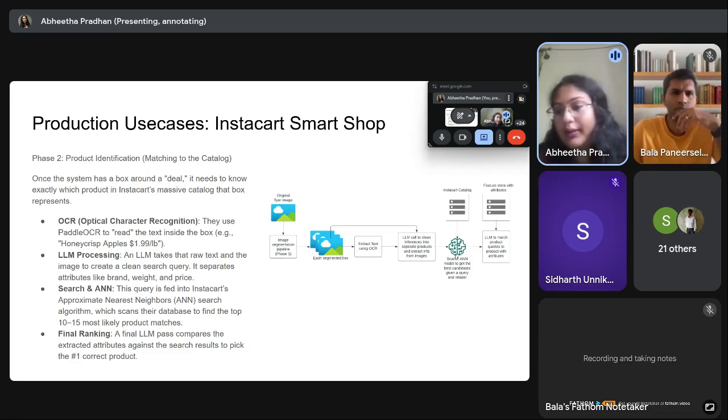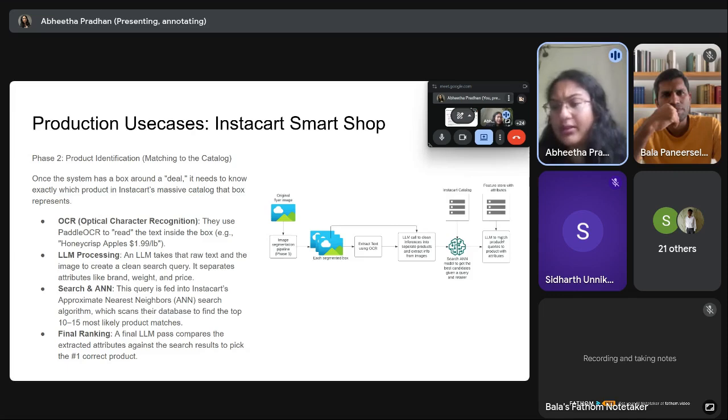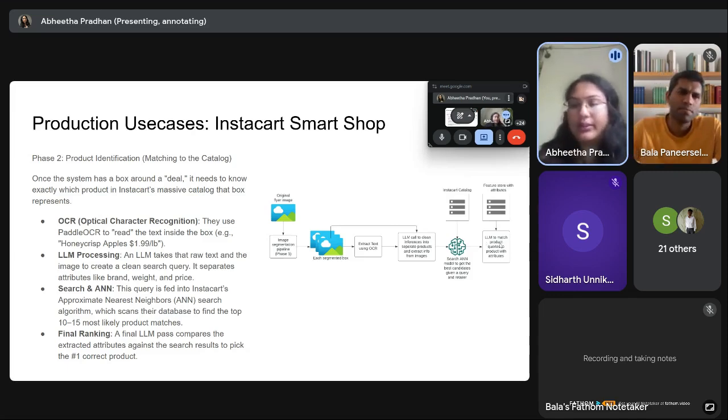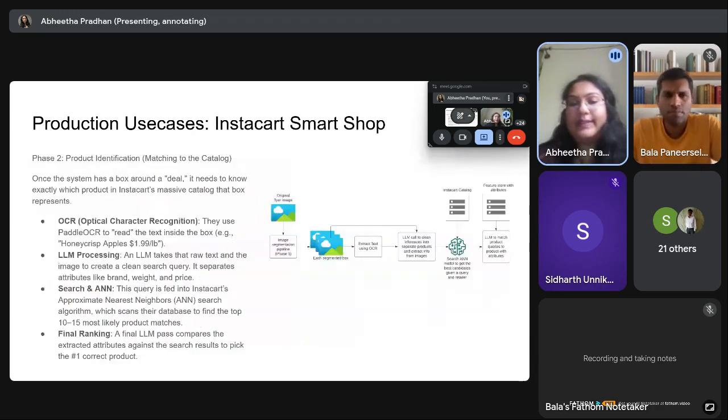And then after that, they again plugged it into an LLM to compare the extracted attributes against the search results to pick the actual correct product. There was a final ranking layer, which was again connected to an LLM. So basically, instead of sitting and manually cataloging everything, they automated the whole process. So as soon as